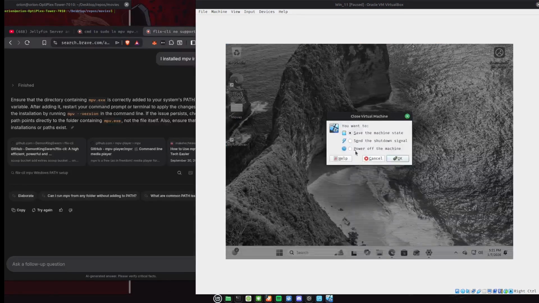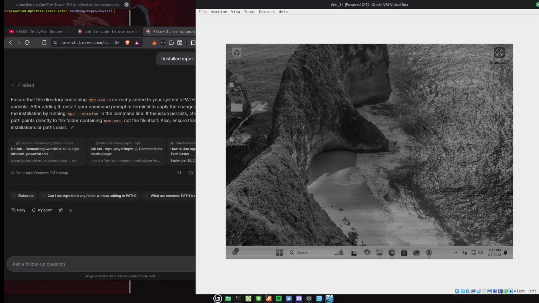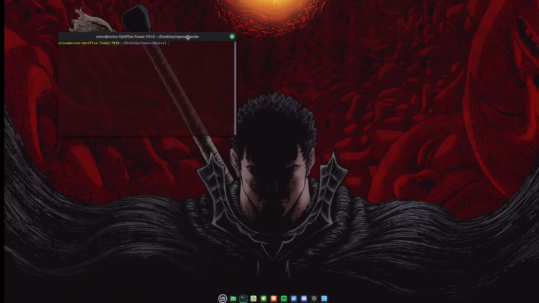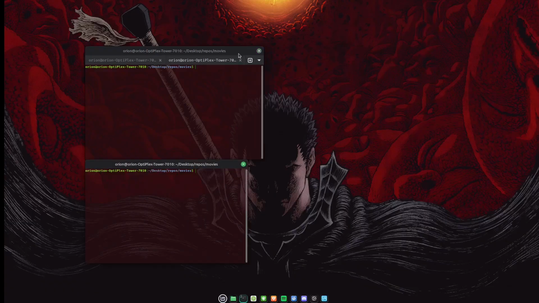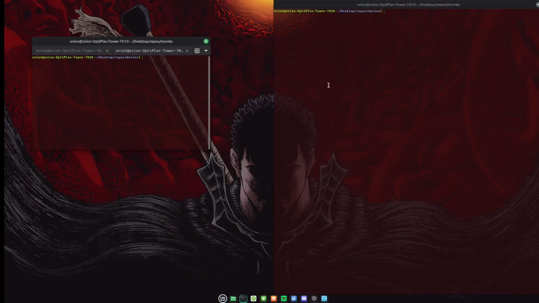I'm not gonna need this no more. I'm gonna go ahead and power off the machine. Mine's older version, so mine doesn't really necessarily work like that. Mine still works with just play. Actually, let me get a new window and basically show you